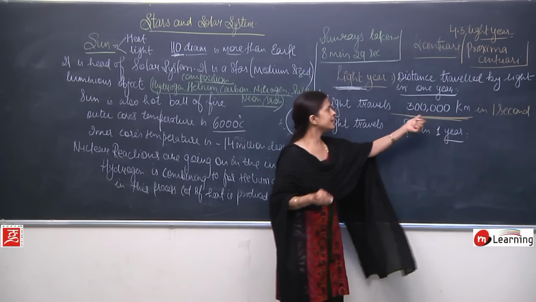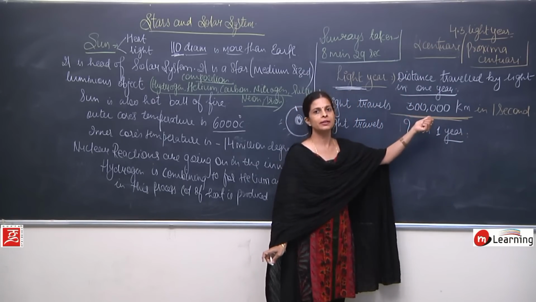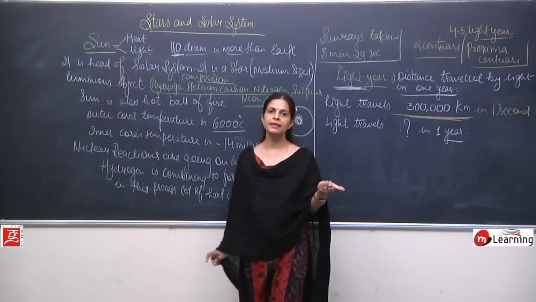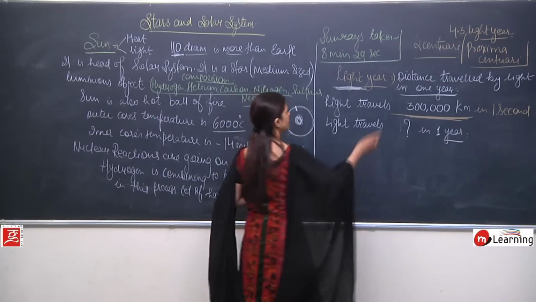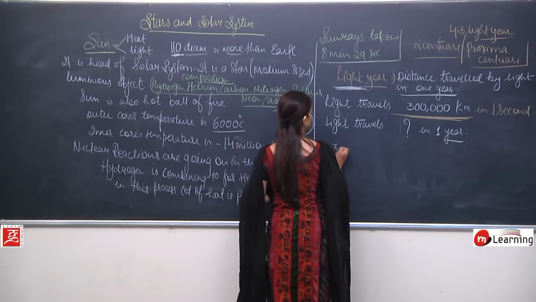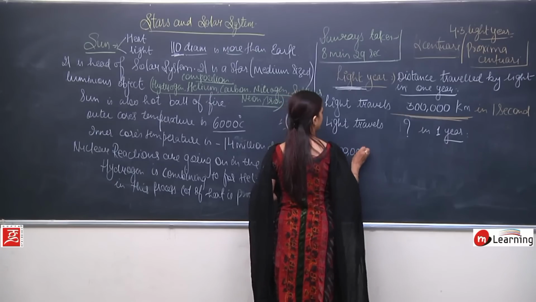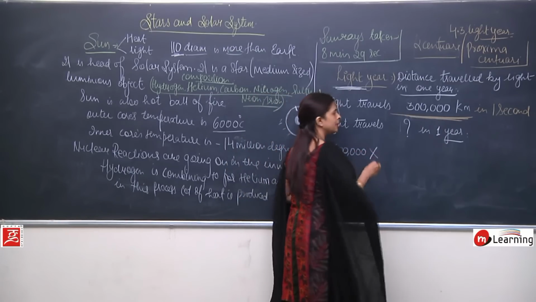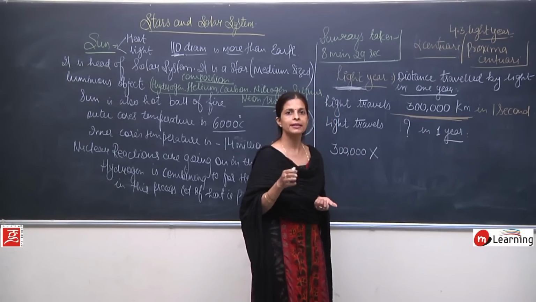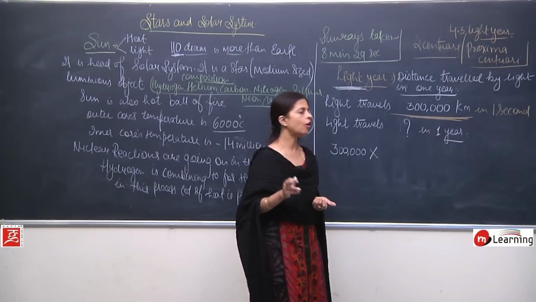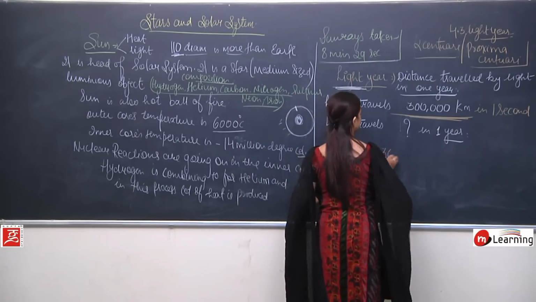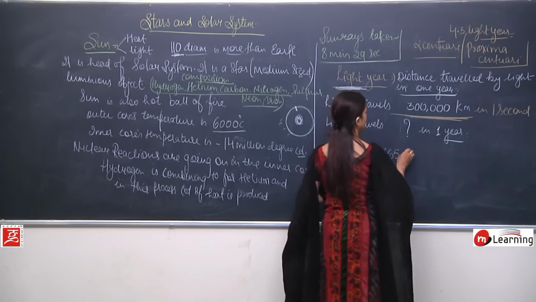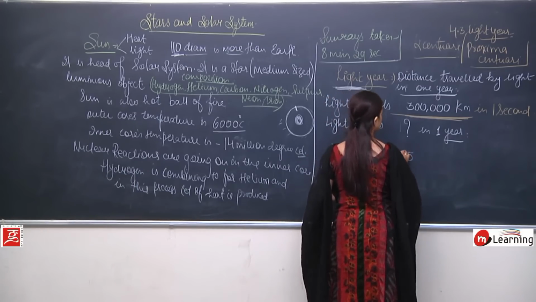We know in 1 second light is traveling such a huge distance. So in 1 year, how much does the light travel? So what has to be done? We'll take this distance, and now I am talking about the days. In 1 year, how many days are there, children? 365, and we have to calculate that 6 hours also, so 1/4 day, so it will be 0.25.